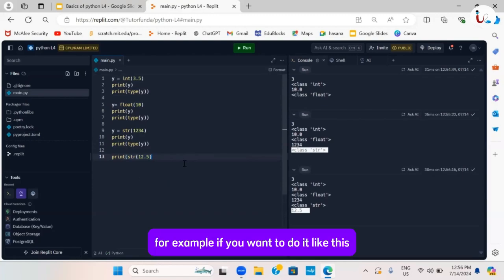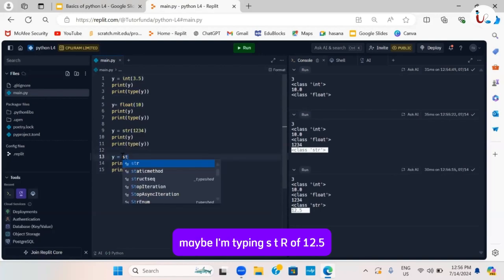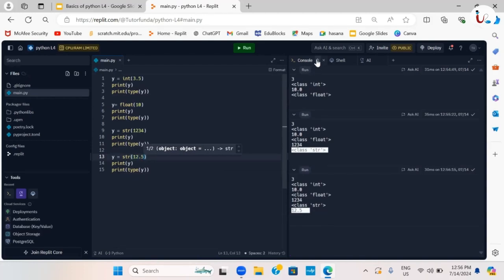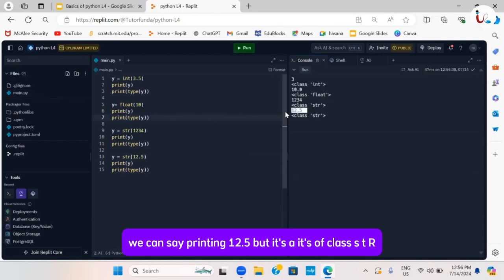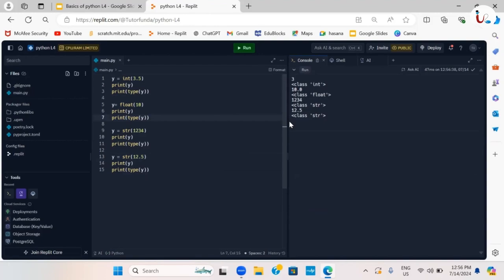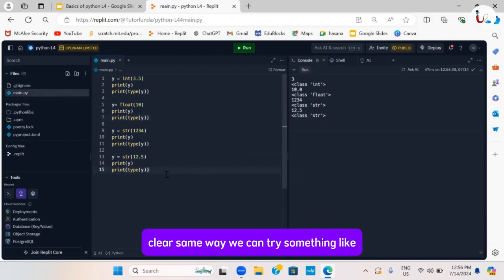Okay, for example, if you want to do it like this, you can see y is equal to, maybe I'm typing str of 12.5. You can see it's printing 12.5, but it's of class str. Clear? Same way, we can try something like